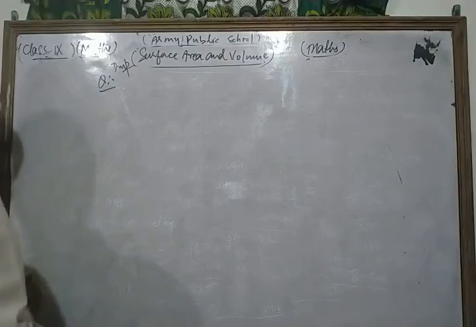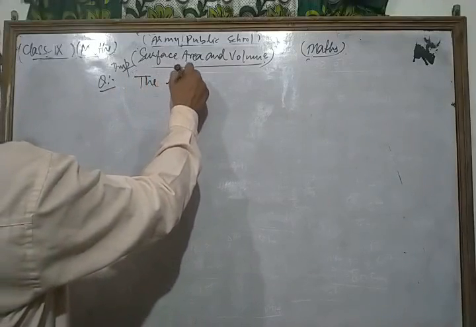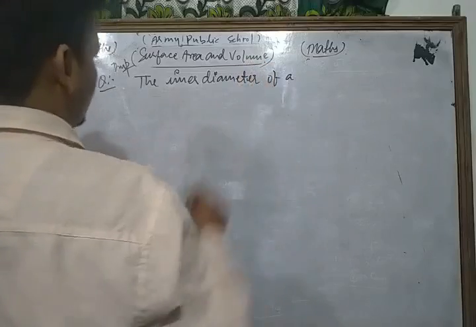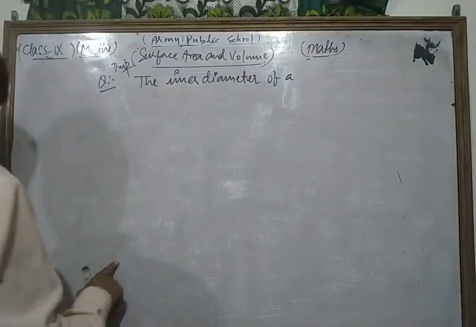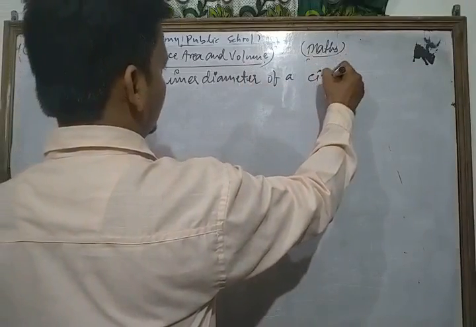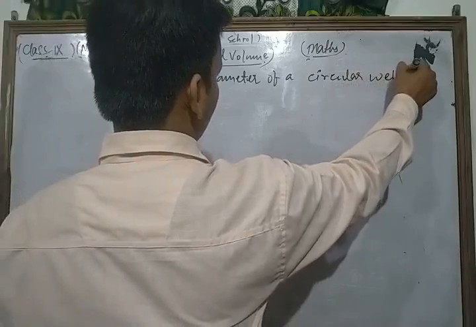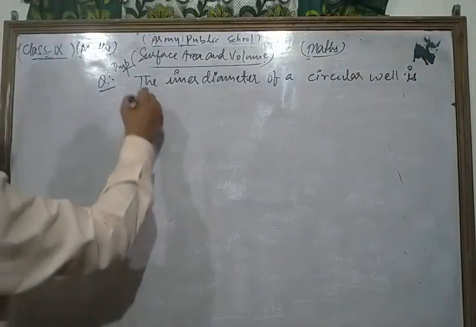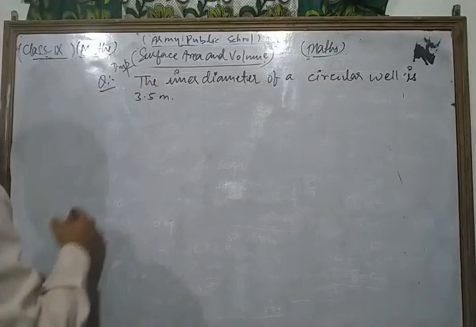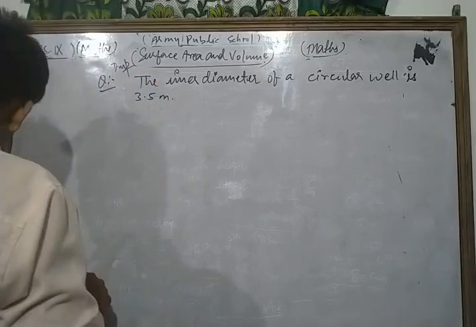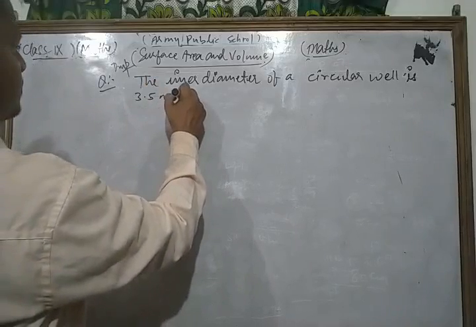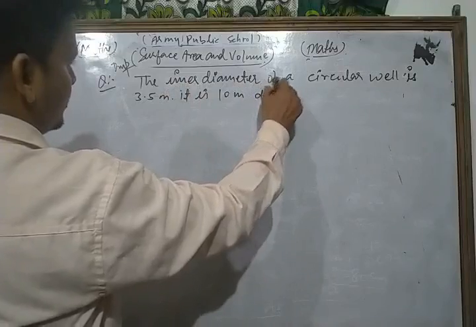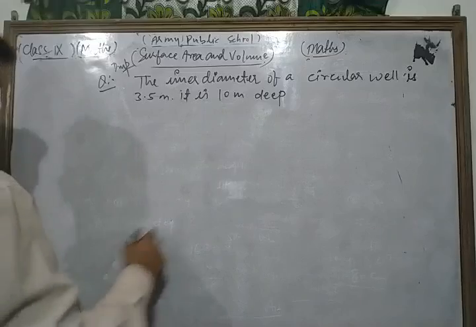Your question is: the inner diameter of a circular well is 3.5 meter. It is 10 meter deep. Find